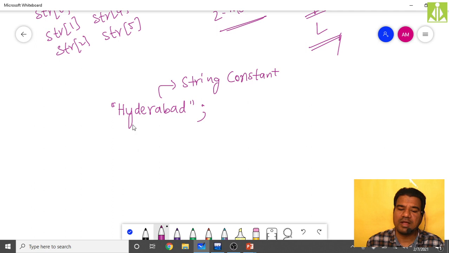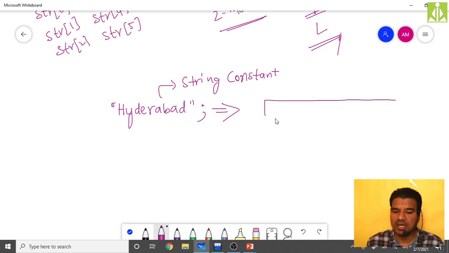So what the program will do to store this particular string is allocate the memory. How many characters do we have in that one? 1 2 3 4 5 6 7 8 9 characters.